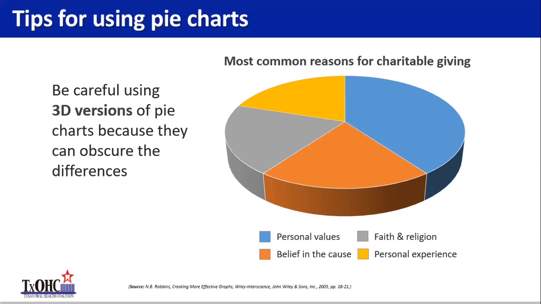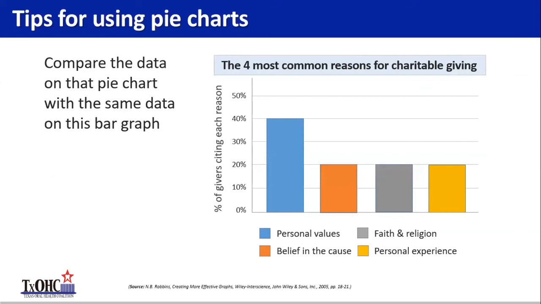We're looking right at it, right? This was an analysis that was done of the most common reasons for charitable giving. They surveyed people who were regular charitable givers every year, and they asked them, what motivates you? And these were the reasons that it broke down to. Now, it doesn't look like there are any huge differences here. Yeah, the blue looks largest, but look at the difference between this representation and this representation, right? Personal values, it's double what the other choices were. People were twice as likely to say their personal values were shaping their reasons for giving,